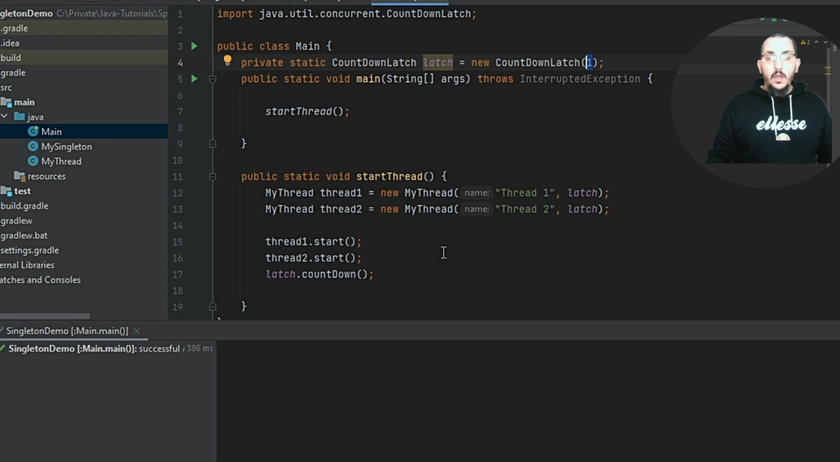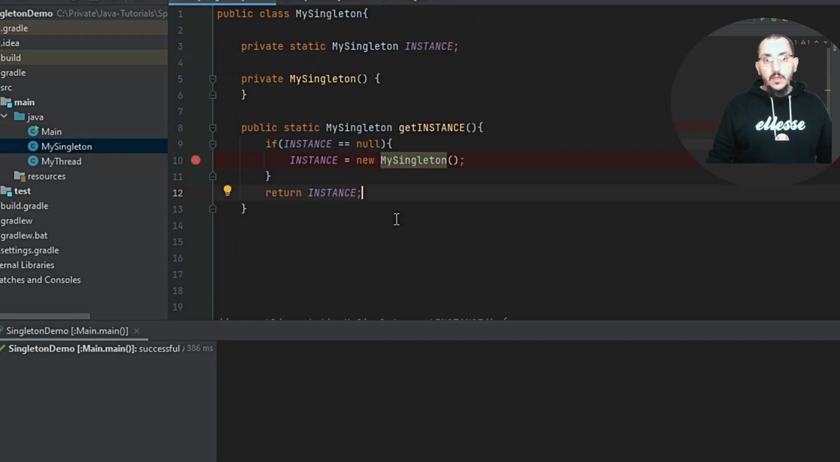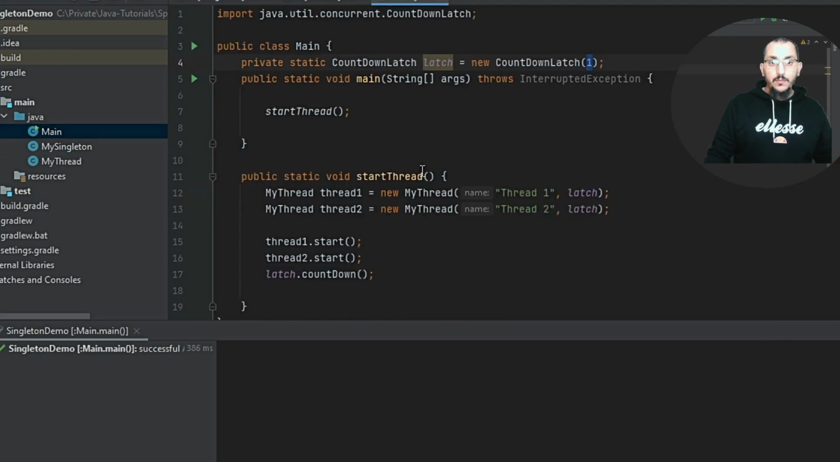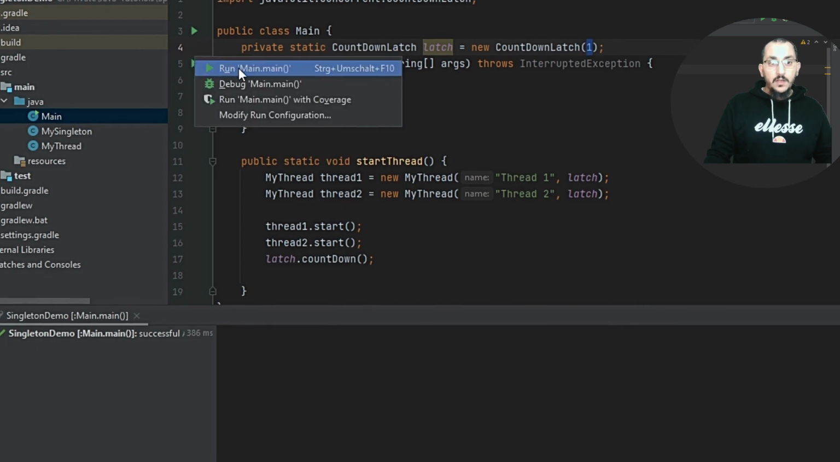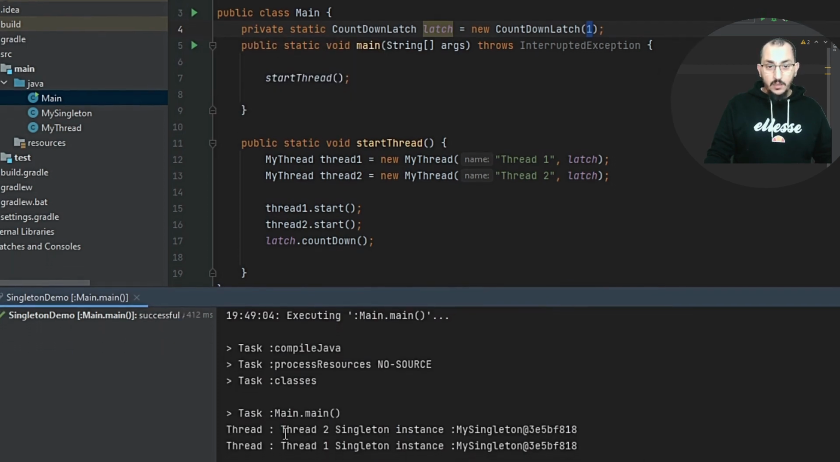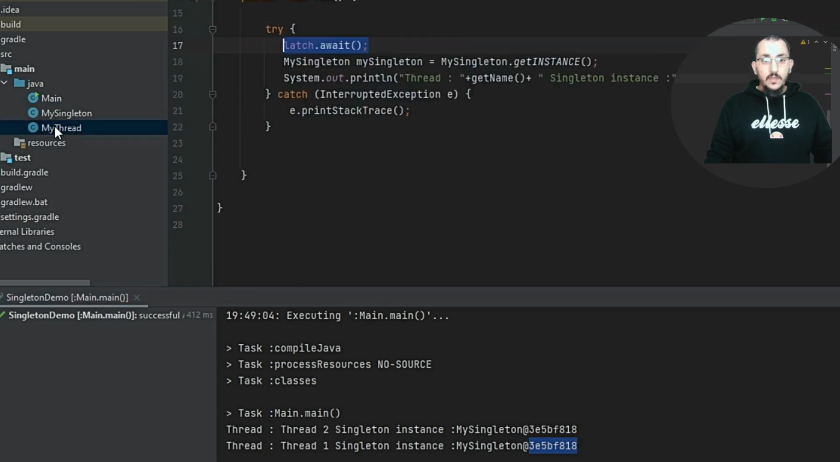So that's it. I have my singleton. This is the common way, as I told, to implement the singleton, a static singleton. But we will see another way, because I will tell you why this is not the overall proper way to implement it. But let's start this demo right now. Let's start the demo. As you can see here, thread 2 singleton instance, and if you see this ID here, the ID is the same as thread 1. But as I told, this is not the proper way